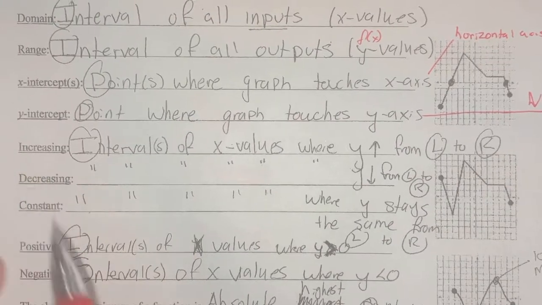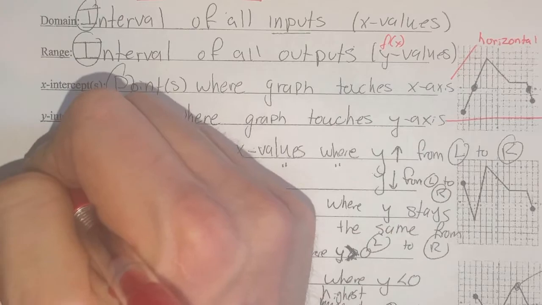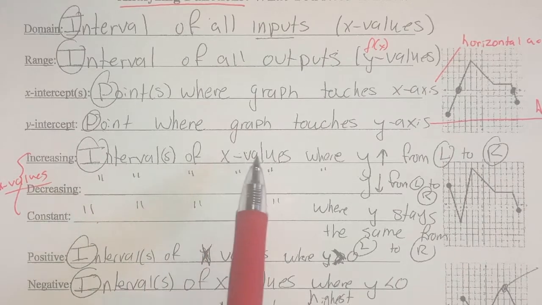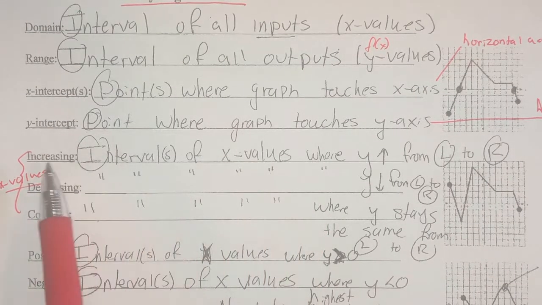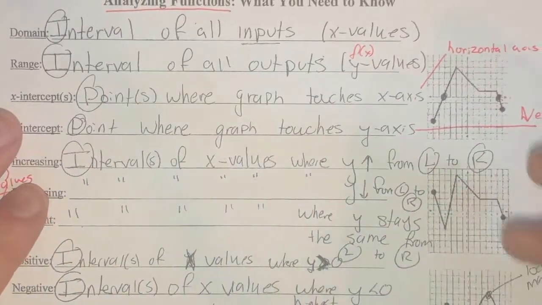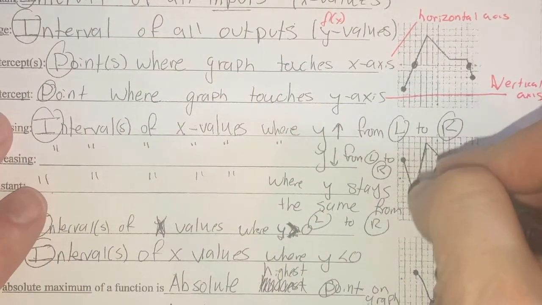Okay? Now, remember, these three are the three trickiest ones. Remember, big thing, they're x values, but they're referring to y values, okay? They're intervals of x values, so that with increasing, as we go from left to right, y is going up. Here's an example. Let's look at this one right here, okay? Increasing,